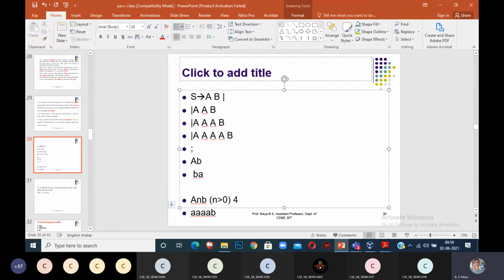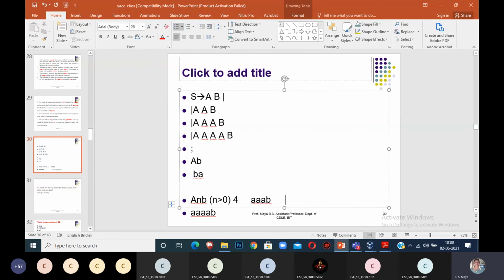See, n value is 4. If you give input B, is it acceptable or not? You are giving n through the keyboard, enter the input for n. N is 4. I am passing the input string AAB. As per the question, is it a valid string or invalid? Invalid, ma'am, because of the count. The input A count is 4, but here the A count is 3. That mismatch, you will get an error.